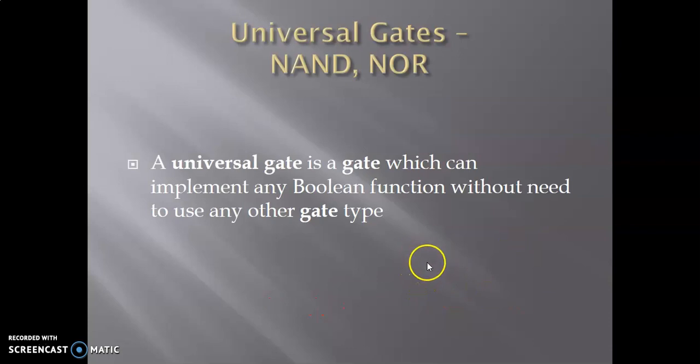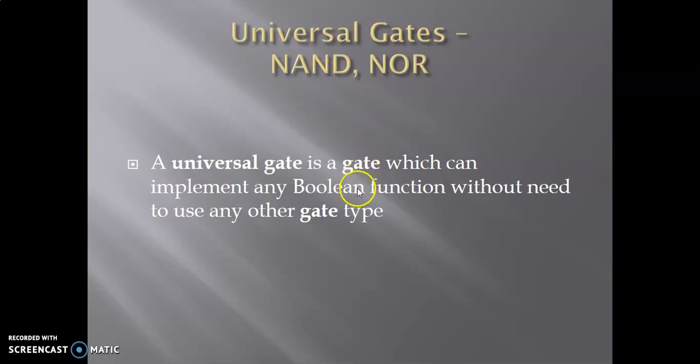We have to note that the universal gates are NAND and NOR gates. The reason we call it as universal gates is if you want to do any function, any logical function or Boolean function, it can be done using NAND gates and NOR gates alone. You will not need to use any other gate, AND or XOR, any other gate may not be required. You can use NAND gates alone to make an entire logical circuit.